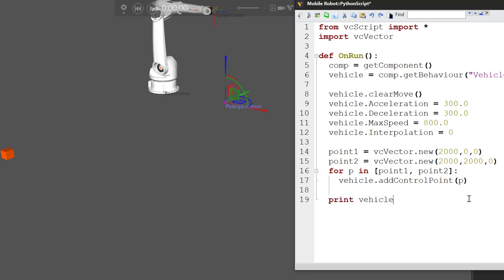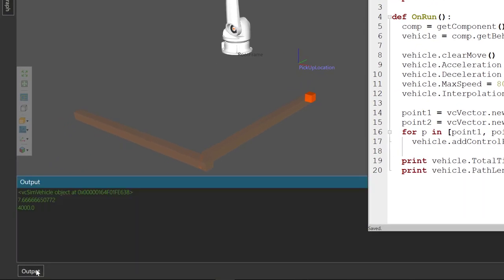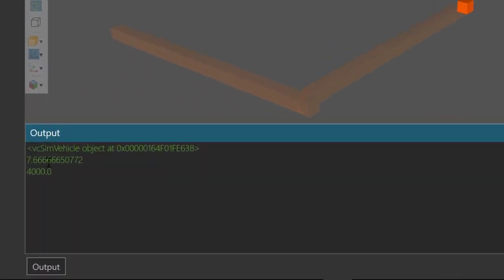So let's print vehicle.totalTime, as well as the path length. So vehicle.pathLength. And notice I'm calling these two attributes after I define the vehicle's path, because these will reference the current assignment to the vehicle. Compile the code, run the simulation, and now if we check the output panel, we can see that it takes the vehicle about 7.6 seconds to get from here to there,